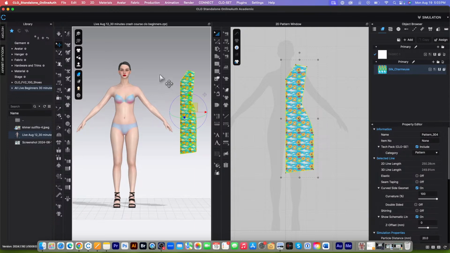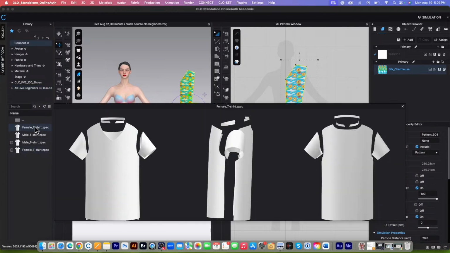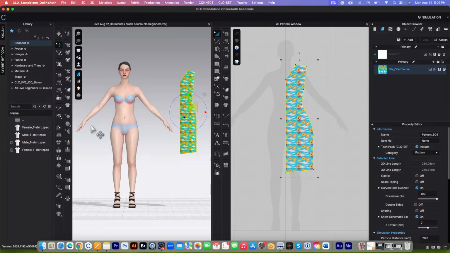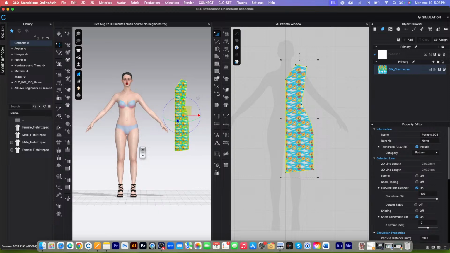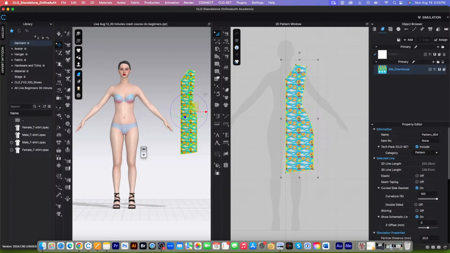Let's say you want to practice how to sew a garment. You can load the garment right here. See right here, we have many garments loaded into the workspace. Remove the sewing and then practice sewing. Something like that, no problem. You can use and modify it however you like, but you can't really resell that pattern because it is the